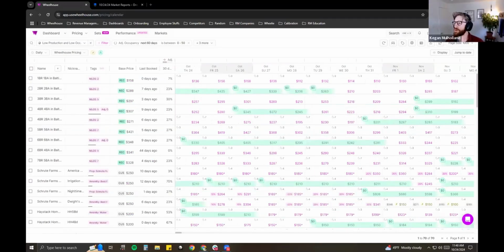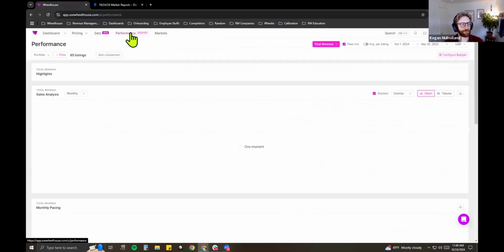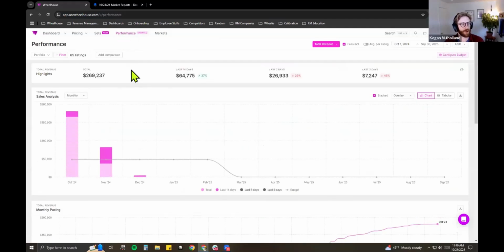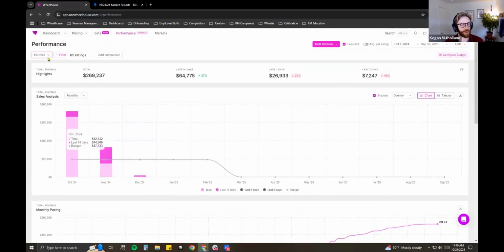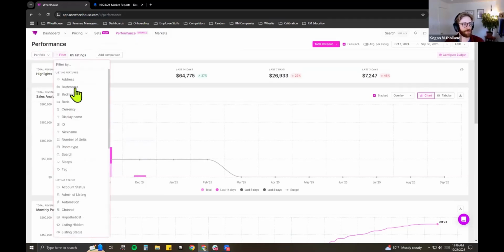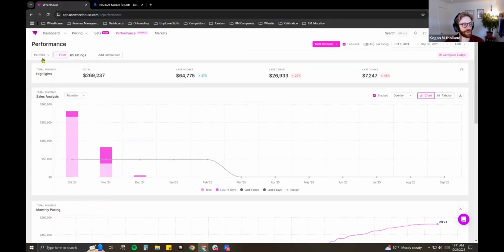Yes. And we know we're throwing a lot at you. We appreciate you all sticking with us today. Yeah. So if I hop over to the performance page. In the top right, there's a little drop down. This is where I can change what is being aggregated on the charts here and at the reservations table at the bottom. You can just do your whole portfolio and then filter, normally like you would on the pricing pages.